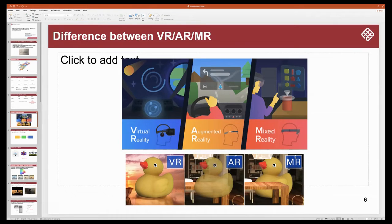So it has a camera there, which allows you to capture the environment around you, and on top of that you can overlay virtual objects. Okay, so VR and MR can be combined in the same headset, except for MR we will turn on the camera to capture the environment. But VR and AR have to be separate headsets. And no matter whether we are talking about VR, AR, or MR,